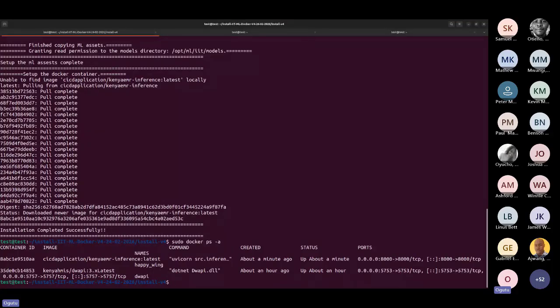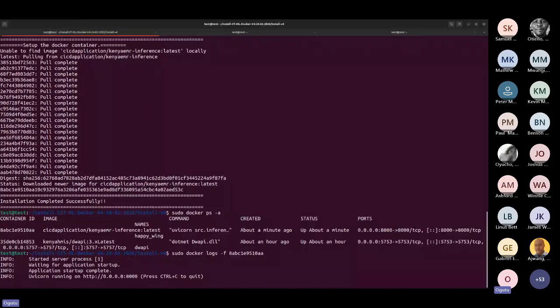So from our Docker, we have two containers, one for the WAPI and the one that we've set up for IIT. So I'll get the container ID. I think this will be able to help you check on the logs. And from our SOP, the script to do that, we do sudo docker logs, and then we have our container ID. So when you press enter,